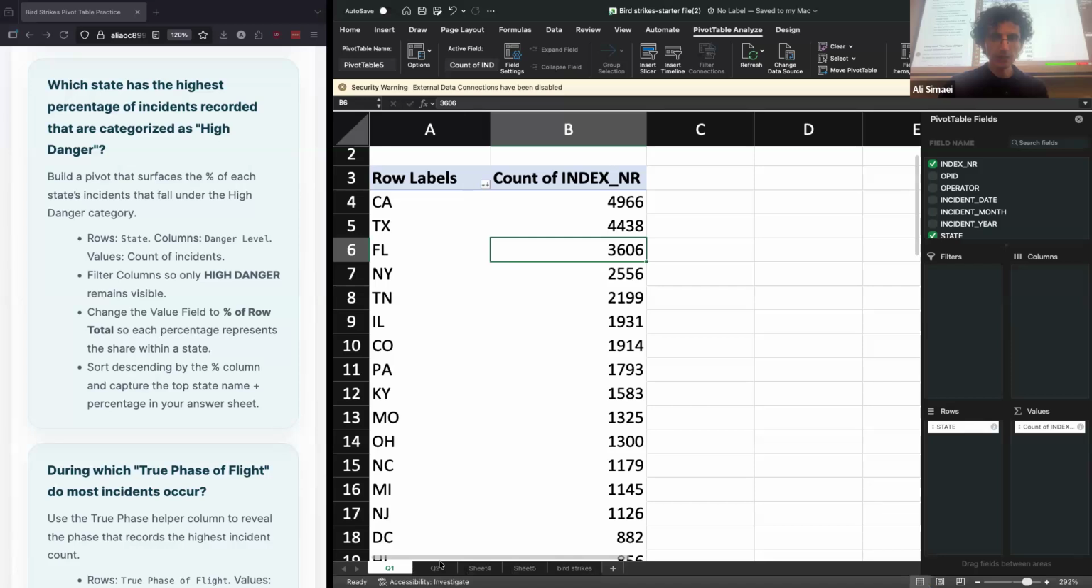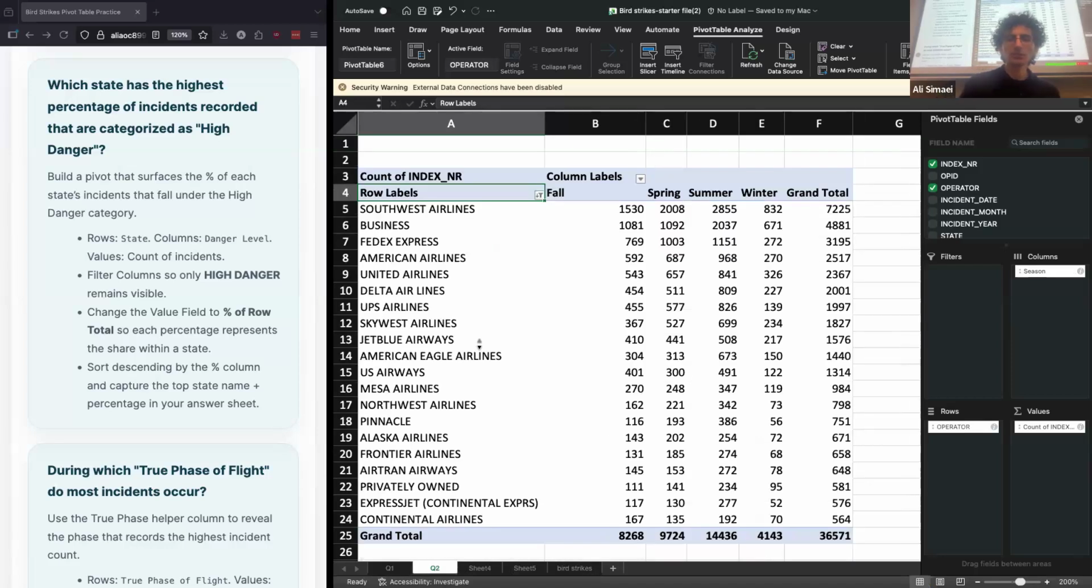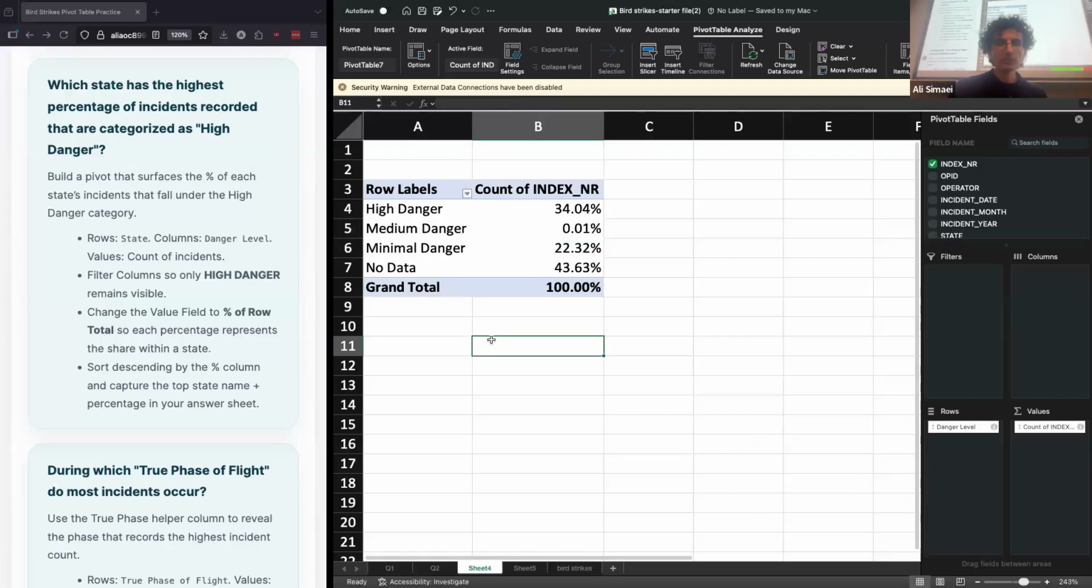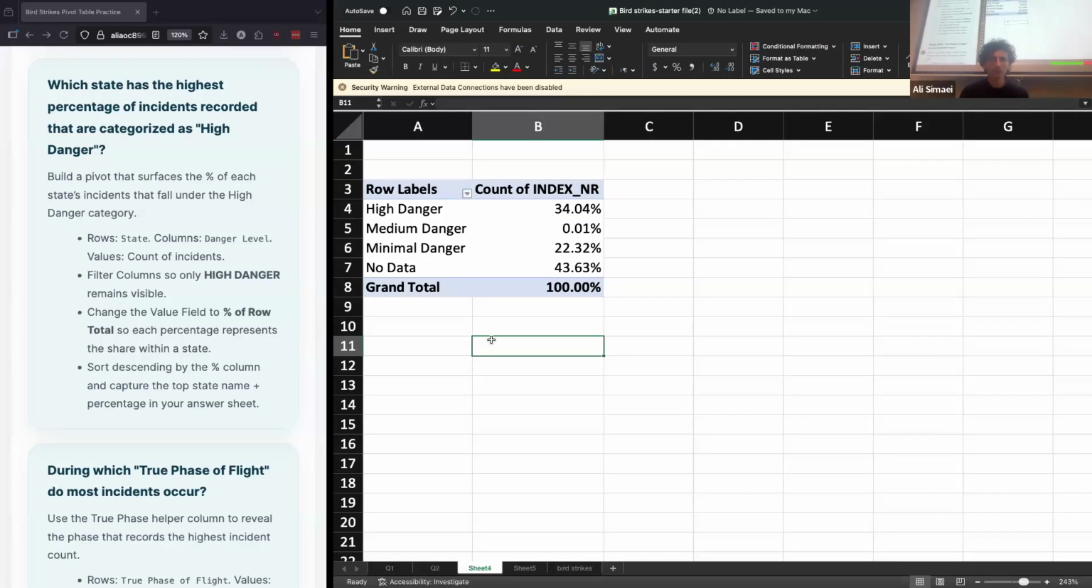Based on the second pivot table we created, we can see which operators have the highest number of incidents. In this case, Southwest Airlines has the highest number of incidents in each season. And in terms of danger level, we can see that around 40